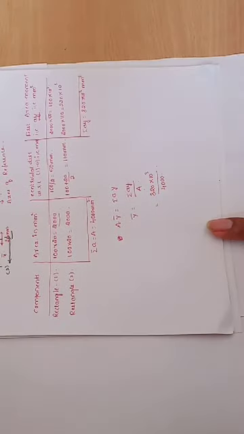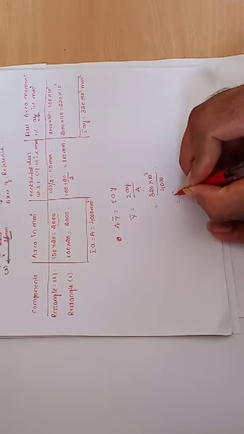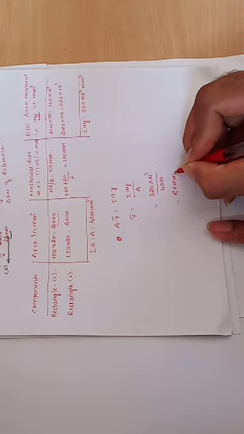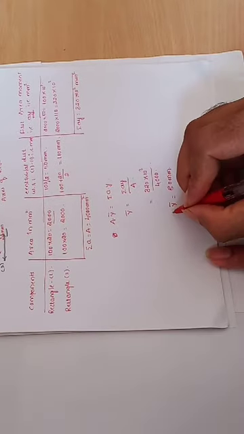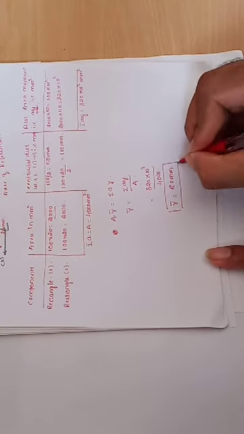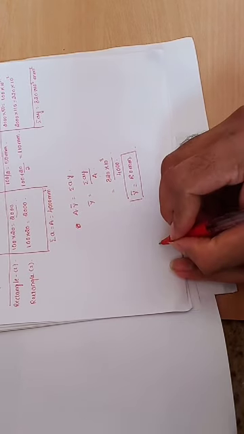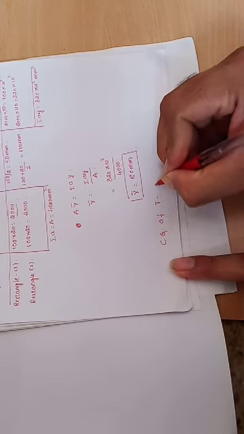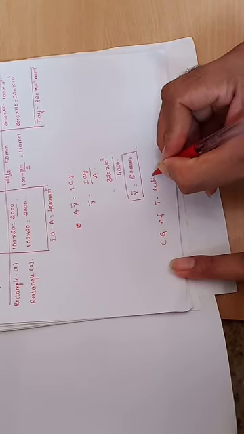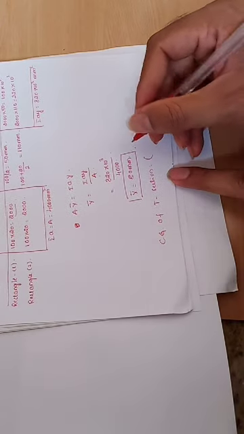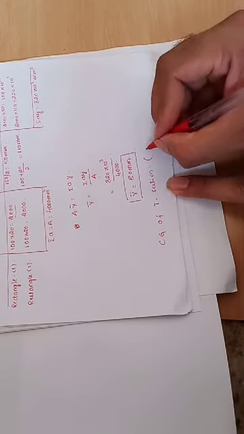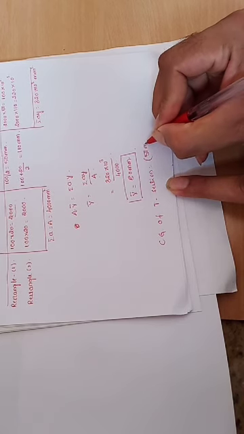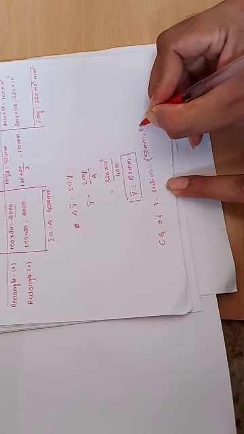So you will get 80 millimeter. So y bar distance will be 80 millimeter. So what is the CG of the given section? CG of the T section will be equal to what? What is the x bar you are getting? So that will be 50 millimeter, comma 80